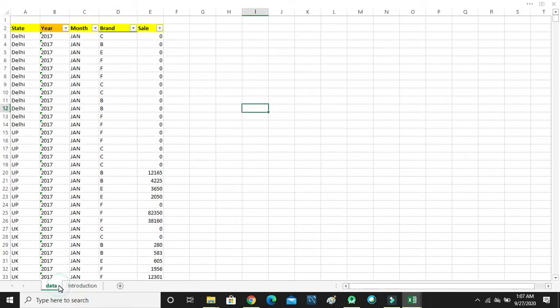So first we come into the data part. Here is raw data, it's state wise sale and year, month and brands. We take dummy brand names A, B, C, D, E, let's suppose, and their sale.